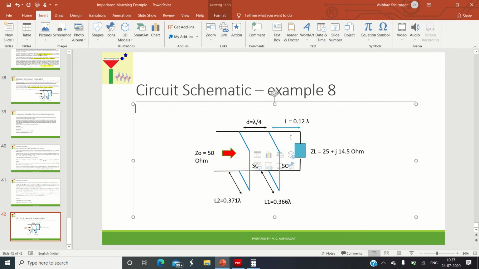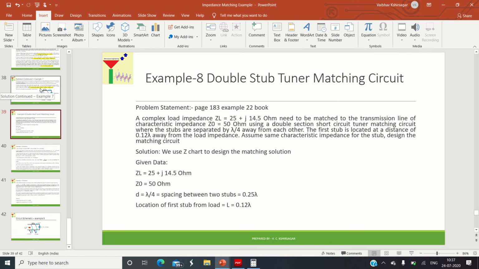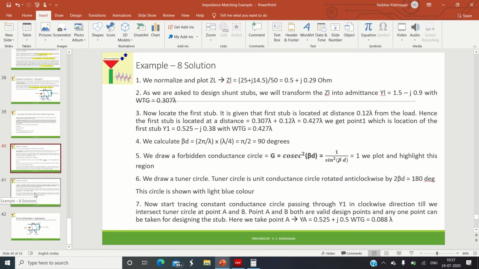Okay, and this will give the complete solution. If you observe, today we have gone through the second example of a double stub tuner circuit. In this problem statement we have seen a particular case of a double stub matching circuit in which the first stub is located at a certain distance away from the load. The rest of the procedure remains the same as that of the first example. So here I declare that we have successfully solved both varieties of double stub matching circuit.